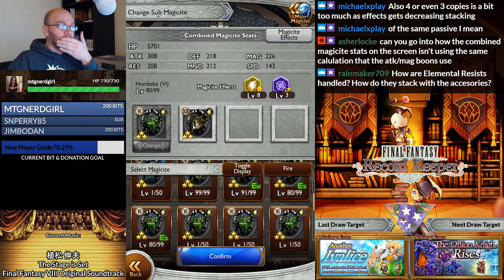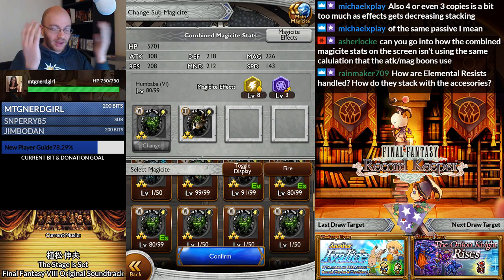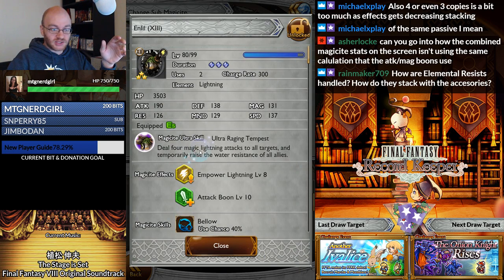So, say in another situation, you're facing Sea Lion. Sea Lion is vulnerable to fire damage. Mom Bomb is Empower Fire and Attack Boon. So it makes sense. In your head, it's not. Well, I'll show you that later. It makes sense to use 3 of them because getting, even in the reduced effectiveness of a third Magicite,